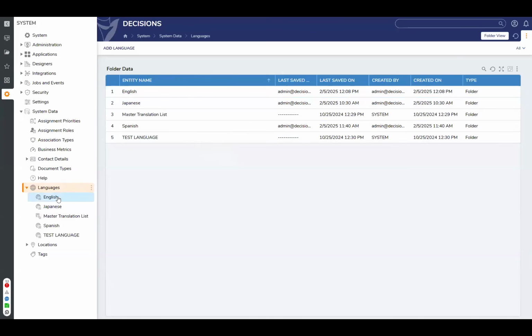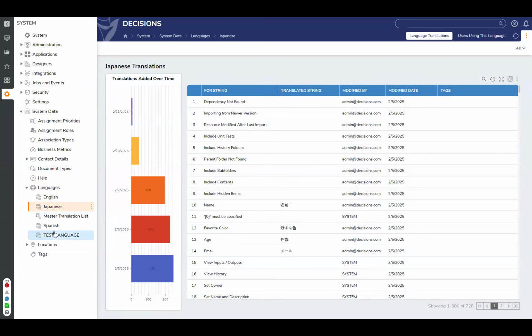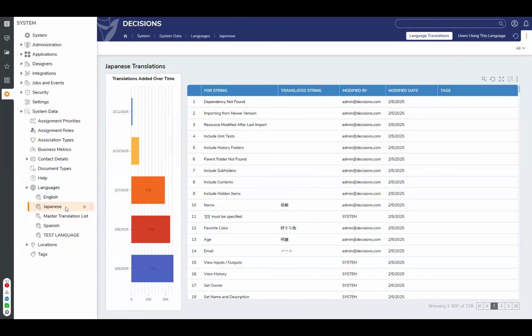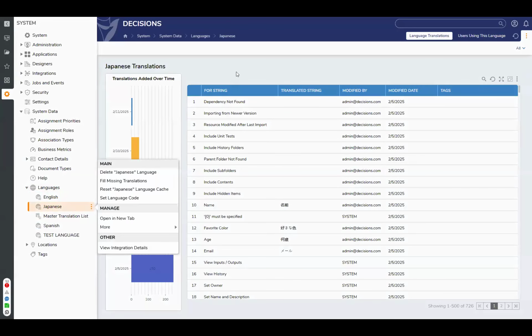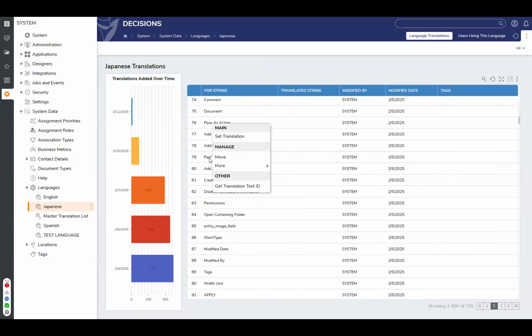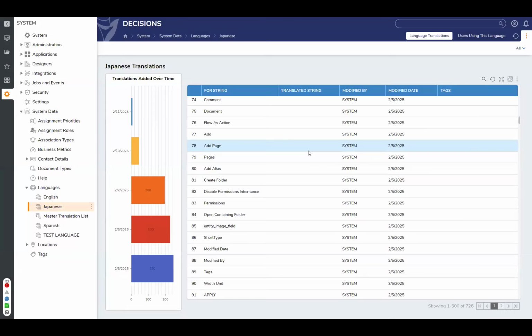What that does is set up a language that has a list of strings that you can provide translations for based upon the master list. So, for example, if I want to go to Japanese, and I right click one of these particular strings that's already been auto-populated here from the master list, I can set the translation. I would type in the Japanese word for it, and now wherever you have translation enabled on forms or pages or other interactive elements, you will now see the translated string instead of this one.